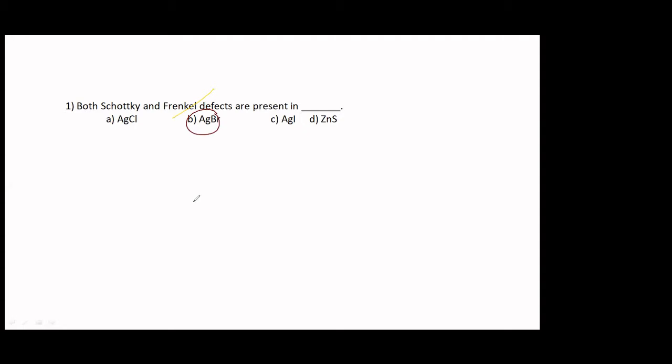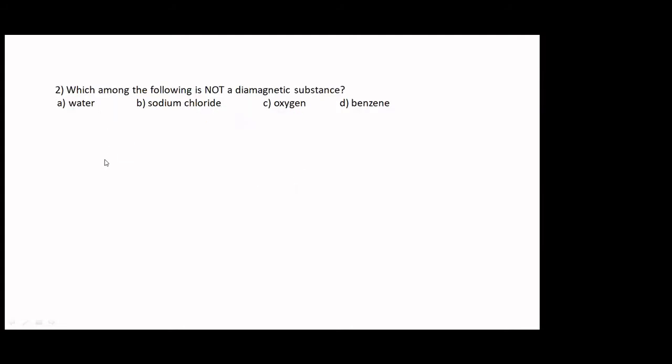In order to show Frenkel defect, there should be a lot of difference between the radii of cation and anion. But here they are comparable. In this case it is midway between those two, and therefore it shows both of them. So that is correct. It is a generally asked question in CET and board exams, in NEET, and in any other competitive examination. This is an important one.